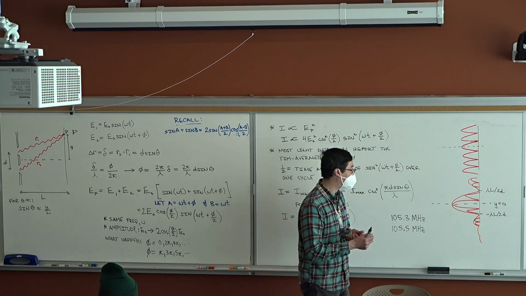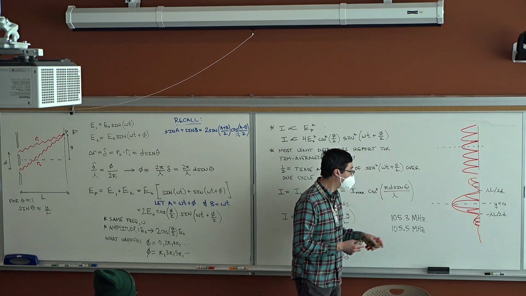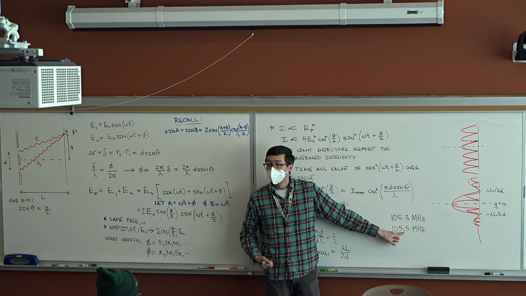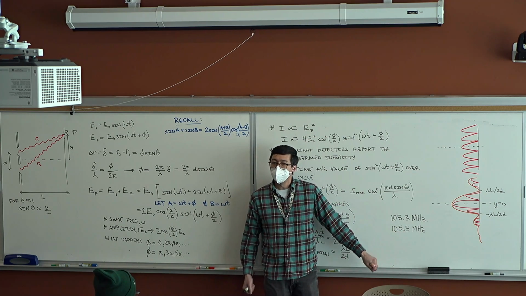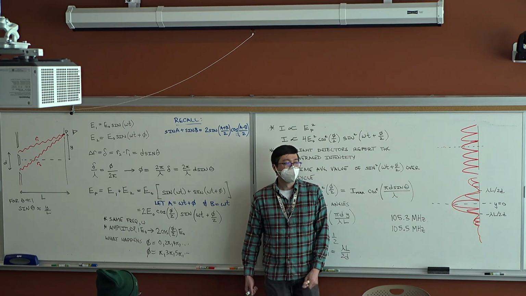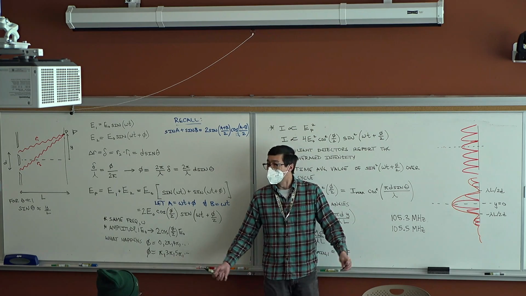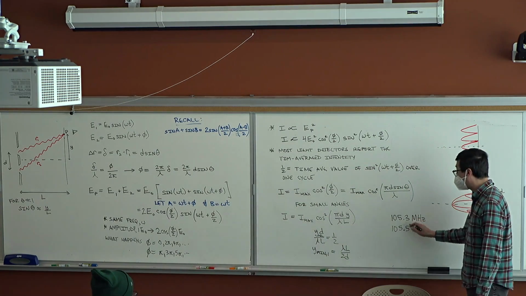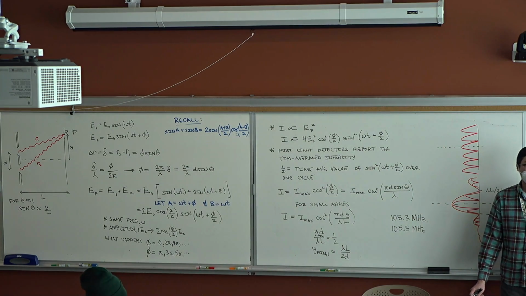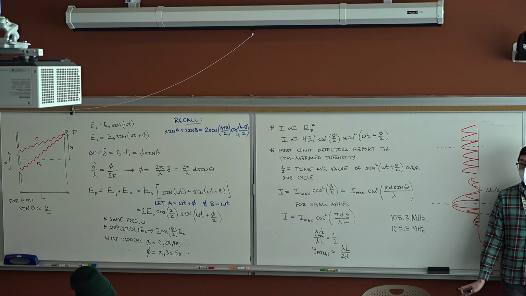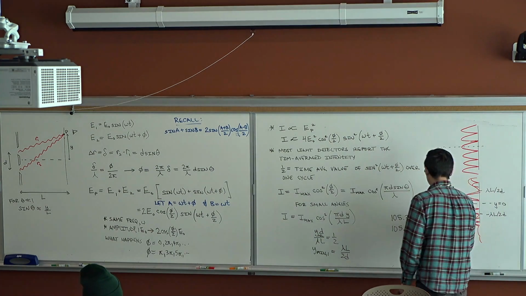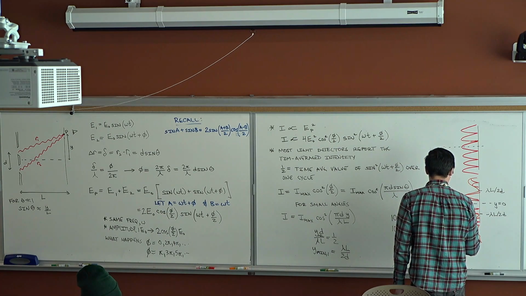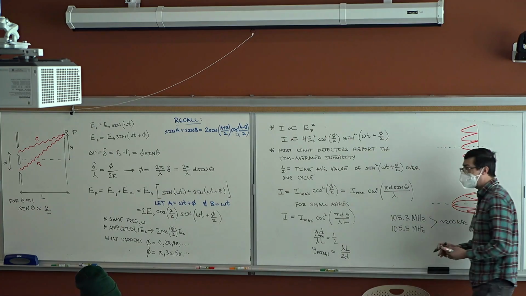So these are spaced by 0.2 megahertz. What's a megahertz again? Mega is 1,000 kilohertz, so this is spaced by 200,000 hertz. So the spacing,